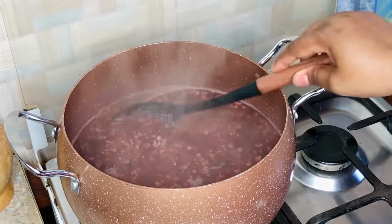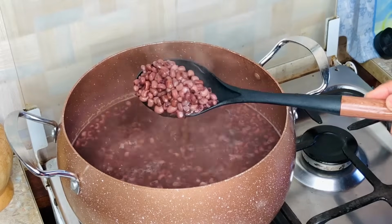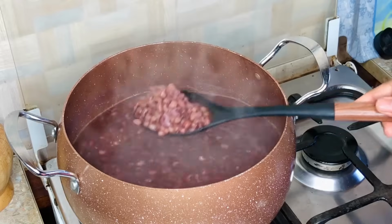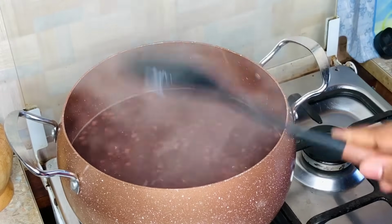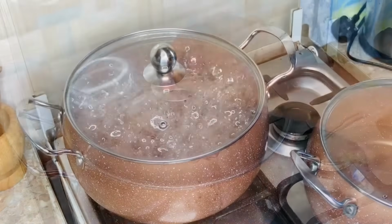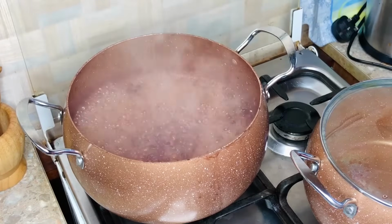This is 20 minutes into our cooking time, and the beans are cooking well, but still hard. Also, I'm cooking on high heat and I'm keeping an eye on it. You don't want to cook this on low heat, otherwise it's going to take about 3 hours to cook, and I'm not sure you have 3 hours to cook beans. So yeah, cook on high heat and keep an eye on it. Again, we're going to check 40 minutes into